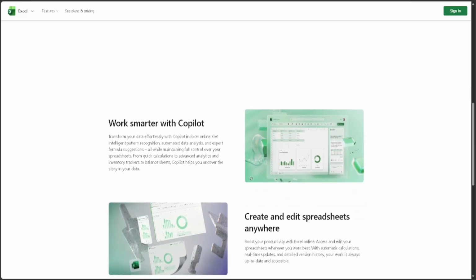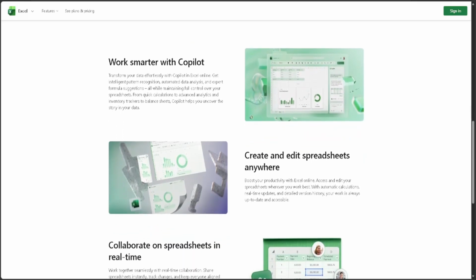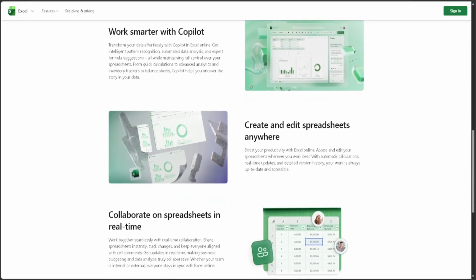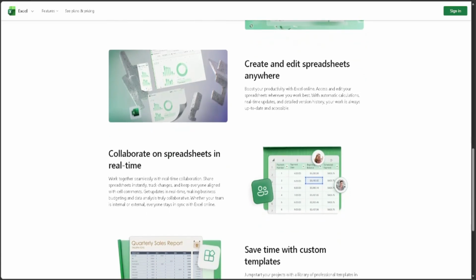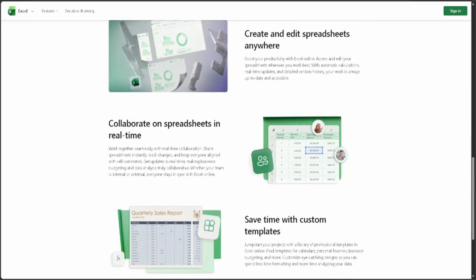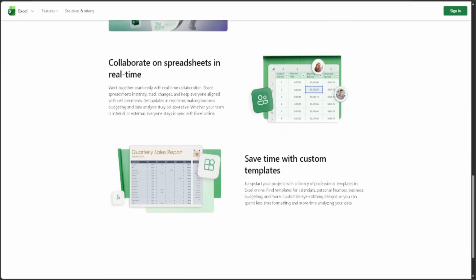After that, enter your password and tap Sign in. If your account has two-step verification enabled, complete the verification process using the code sent to your email, phone, or authentication app. Once you're signed in, your Excel files stored in OneDrive and other connected locations will automatically appear in